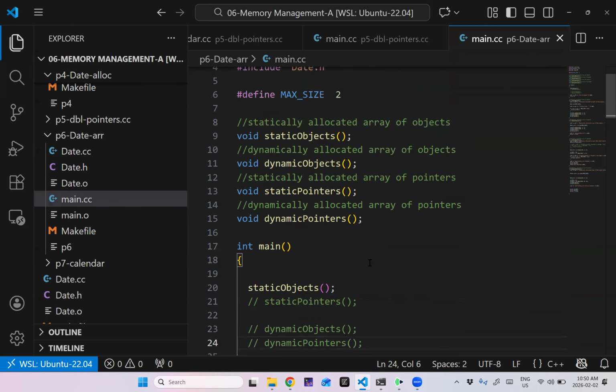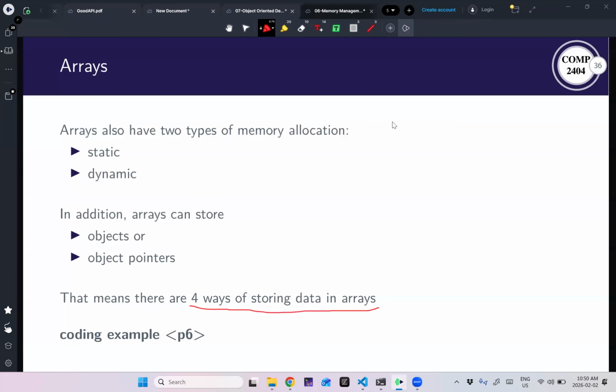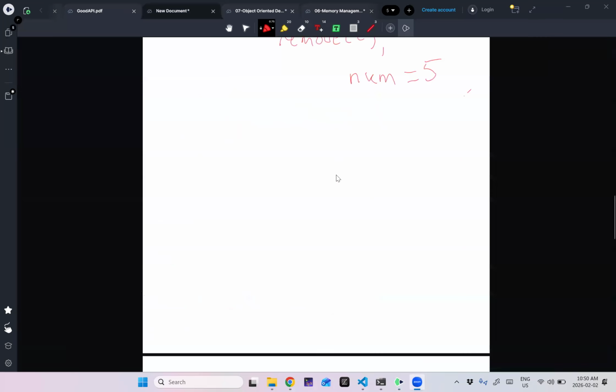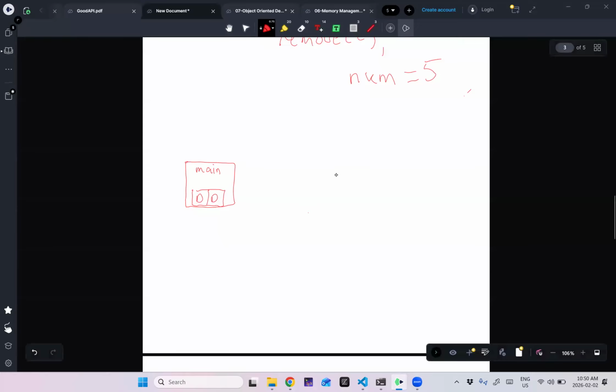But the first thing we're going to do is a statically allocated array of objects, which is what we did on the assignment and on the test. So it looks something like this. I have my main stack frame. And then I'm going to statically allocate an array, and each array location will contain a date object, and the constructors will get called when I construct it, and everything will get destroyed for me. I don't have to do anything. That's going to be the first pattern. We should be kind of familiar with that.